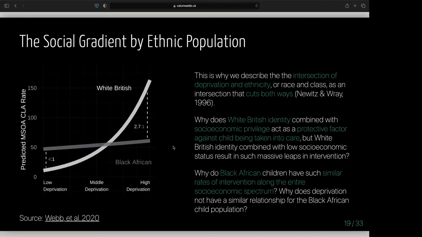So it raises questions about why do the combinations of, say, some ethnic group identity combined with socioeconomic privilege lead to different outcomes? So is there something about how socioeconomic factors are interpreted or how they play into other systemic processes like referrals or any other kind of things related to policing or schools or education? How do those play into how white British children might come to the attention of the child protection system, and why there's so much lower intervention when you have higher intervention with the Black African population living in